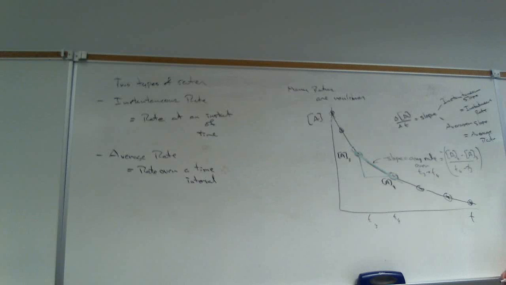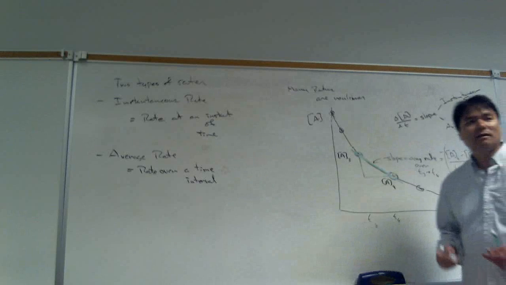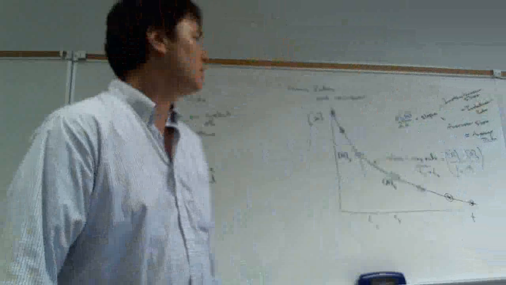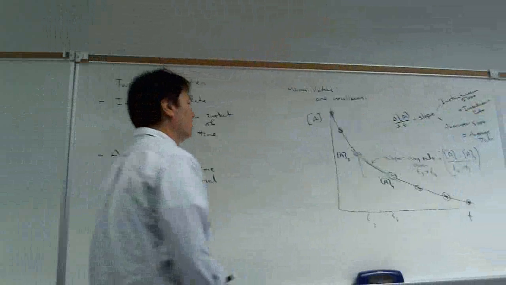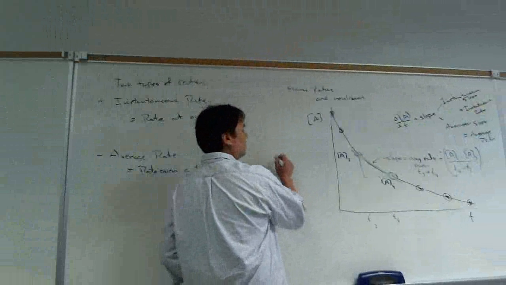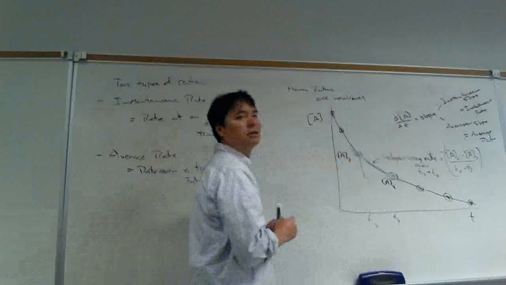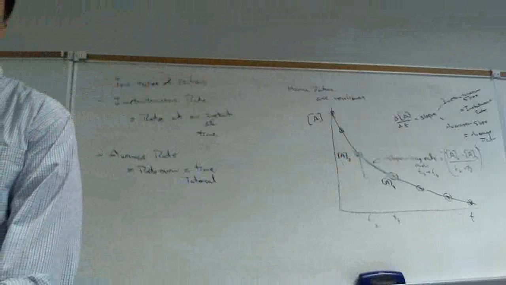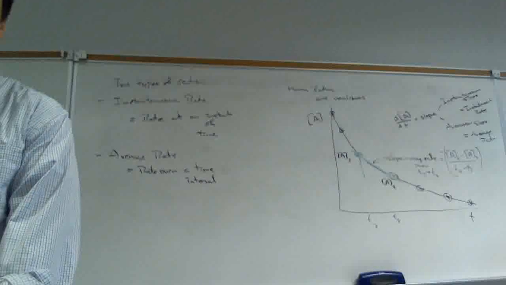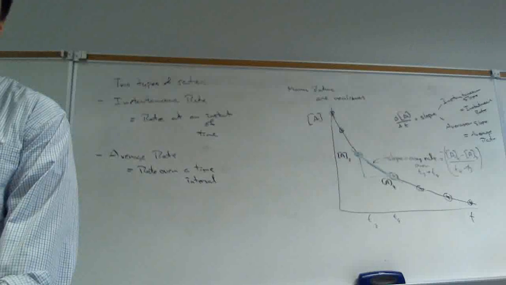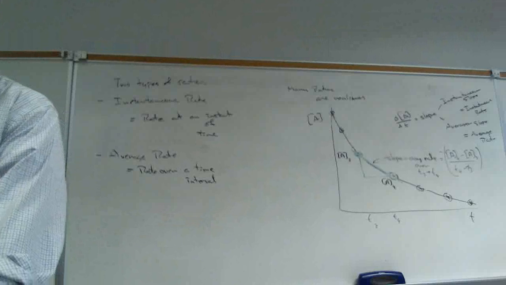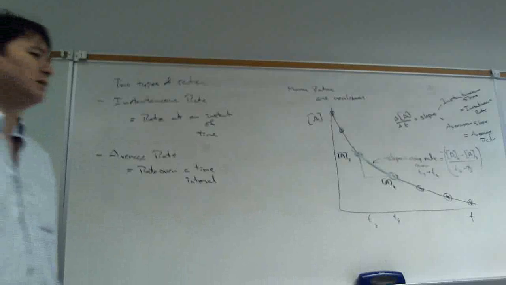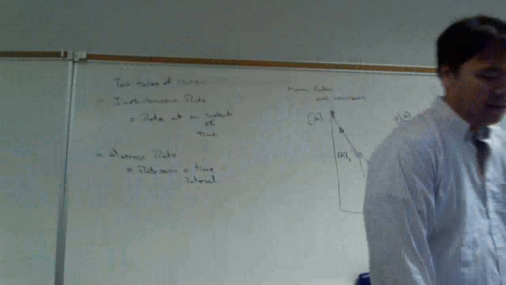But let's say I want the instantaneous rate at T3. It's not going to be the same thing, right? And so what is the instantaneous rate at T3? How would I determine the instantaneous rate at T3? You have to approach it from the left and you have to approach it from the right. I'm just thinking of calc right now. Oh, you have to approach it from the left and approach it from the right. Yeah, that's one way. But how would we do this, you know, and how would we do this